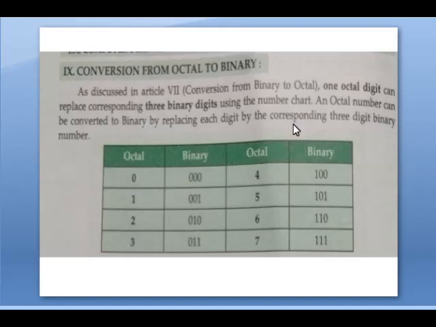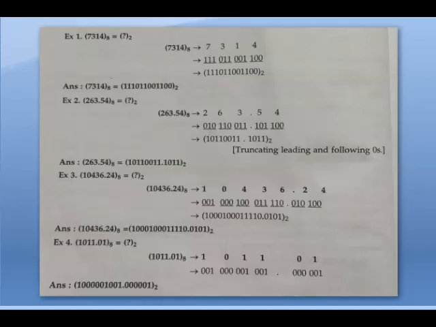So already we discussed how to create the binary equivalent for the octal numbers. I think you all know how to convert an octal number to a binary number. So follow that method. Once again I am telling you, don't memorize this table. Try to write the equivalent binary numbers according to the octal number. Here we are going to see some examples.